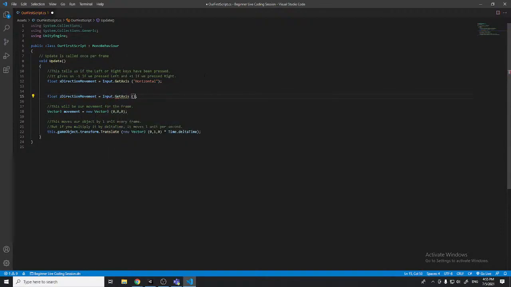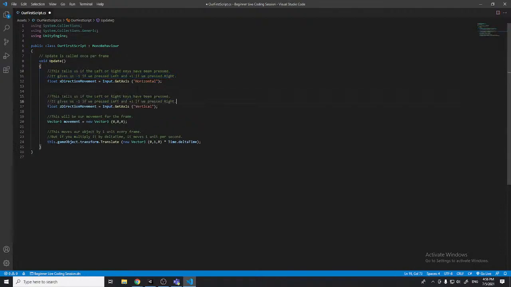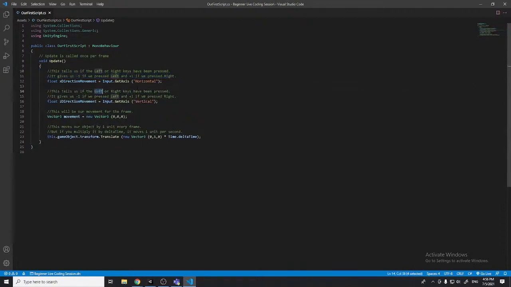get axis vertical. This basically returns the value for up and down. And I'll copy and paste the comments accordingly. It tells us if the up or down keys have been pressed. It gives us -1 if we pressed down and +1 if we pressed